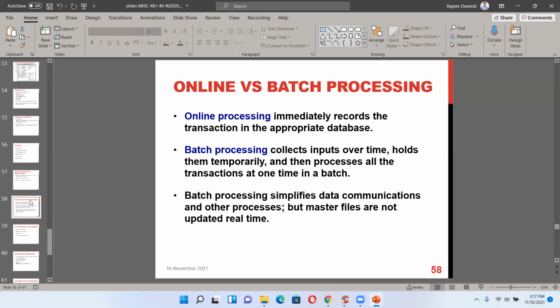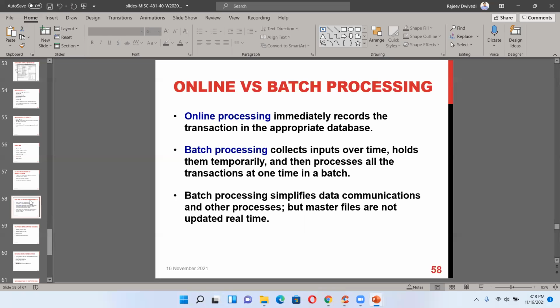Online processing immediately records the transaction in the appropriate database. So basically, when you do any online processing, it updates everything in the appropriate database just in time, instantly. Batch processing collects input over time, holds it temporarily, and then processes all the transactions at one time in a batch. So basically, this is happening in the video case.